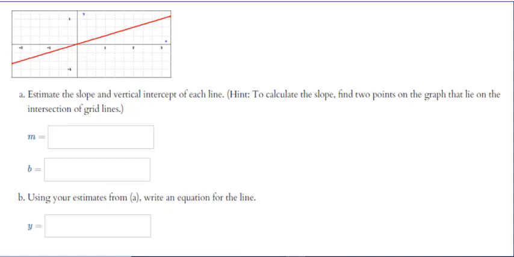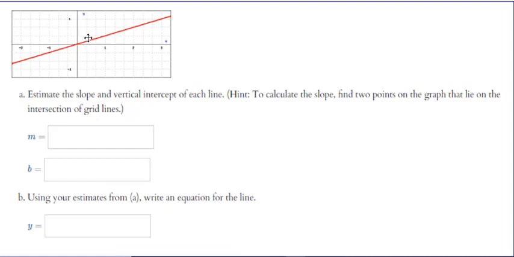In this example of the homework, it says estimate the slope and vertical intercept of the line, which is really the y-intercept. So what we're going to do is figure out 2 points, okay? And the first point is going to be